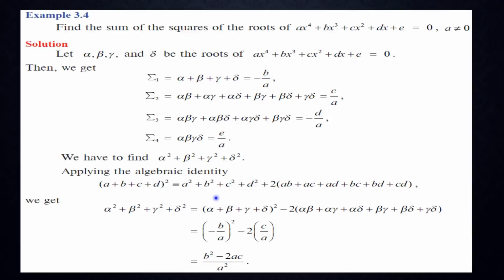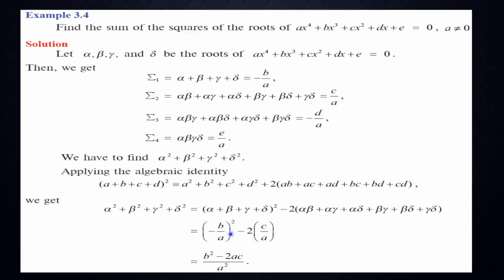So in this we want to find this answer alone. So இத ஃபுல்லா இந்த சைடு கொண்டுட்டு வந்துறணும். இந்த டேர்ம்ஸ் இந்த சைடு கொண்டுட்டு வந்துட்டோம்னா we will get this like this. Okay, in this how to substitute the sum of the roots, that is summation 1 value the whole square minus 2 into this is nothing but sum of the product of two roots. That answer is c by a. This 2 is here in the formula.